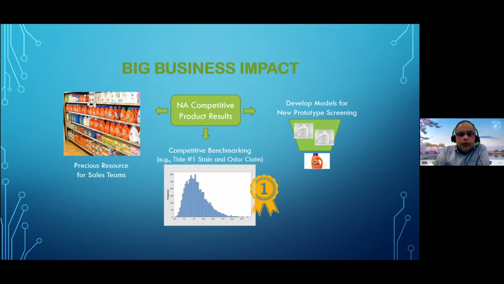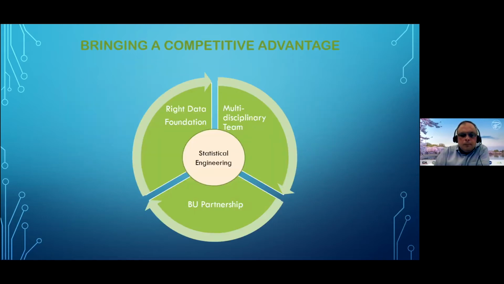So it helps in our communication with retailers. On the bottom side, the histogram is meant to represent that once you collect data on a kind of critical key major players on the market, you can understand the whole distribution of performance, a particular performance measure, and you can start making claims as the one we made, like Tide #1 stain and odor removal brand. And there are some other benefits, but I'll go on with the next thing I want to talk about.